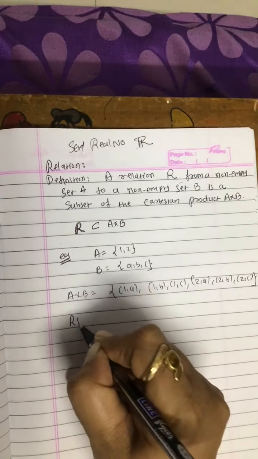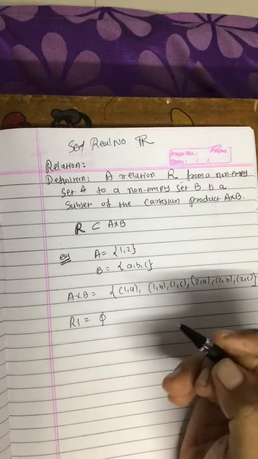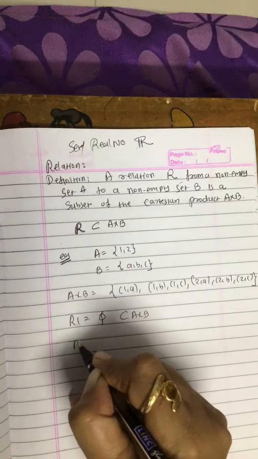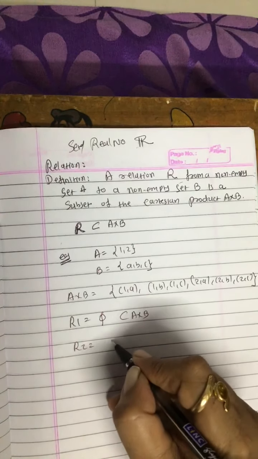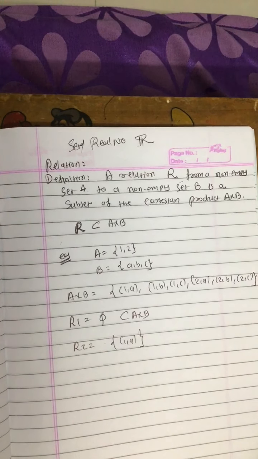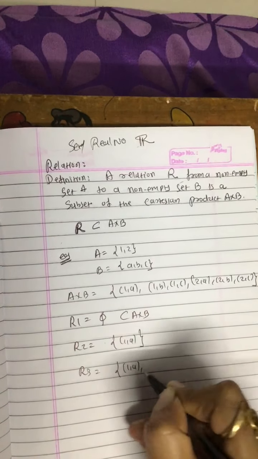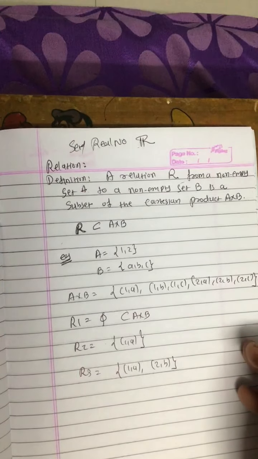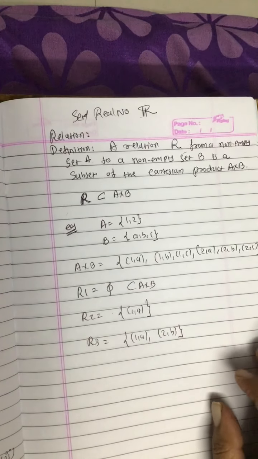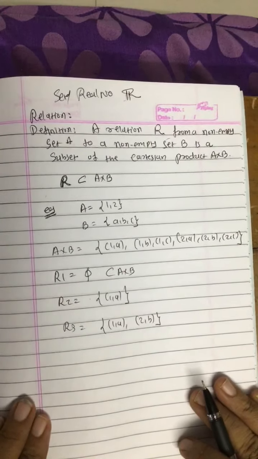As you know, empty set is a subset of every set. So empty set is a subset of A cross B also. So one of the relations can be phi, as it is a subset of A cross B. I pick another relation as (1, a). That is, 1 is related with a, no other element is related. You can pick any 2 elements, like I say (1,a) and (2,b). You can pick all or few elements from A cross B and create a subset of A cross B. Each of these subsets is said to be a relation.